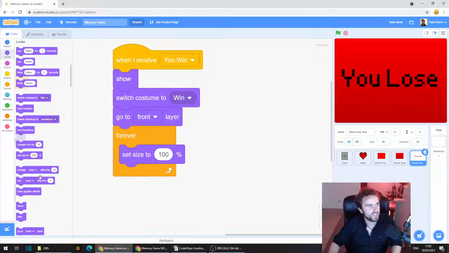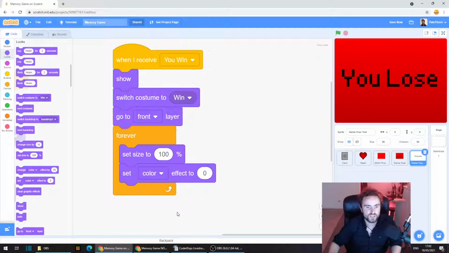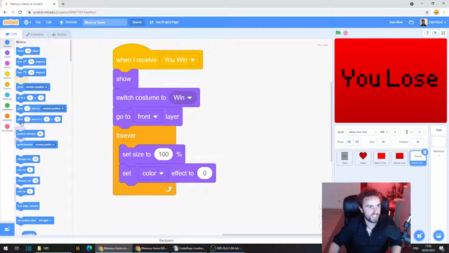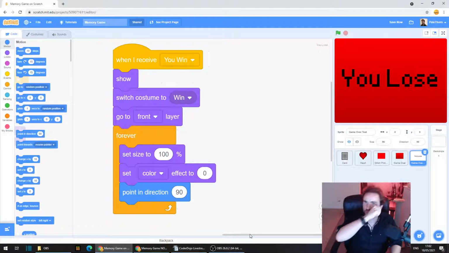And then we're going to get out a set color effect to 0. And then we're going to go to the dark blue category motion, and we're going to get a point in direction 90. So now what we are going to do is put in some slightly random number generators to slightly randomize these